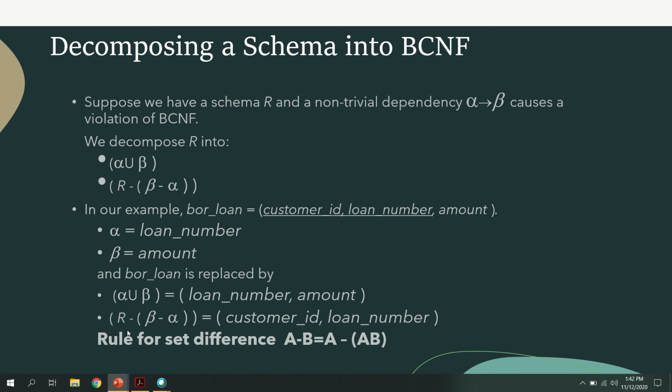What about the second table? For that you have to calculate R minus beta minus alpha. And I said the rule for calculating A minus B. Okay, this is A and this is B. A minus B is equal to A minus AB. That is R. R means the set of all the three attributes minus AB. AB is the combination of loan number and amount. So what comes here? R minus AB will give you,